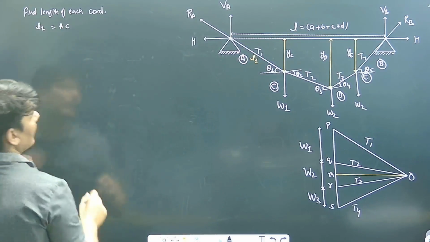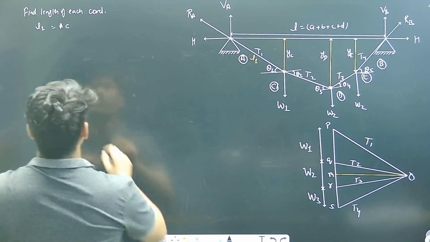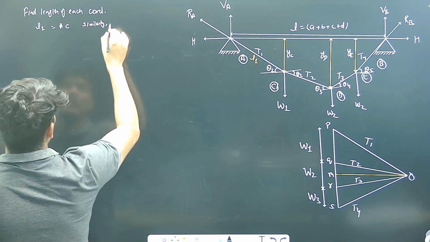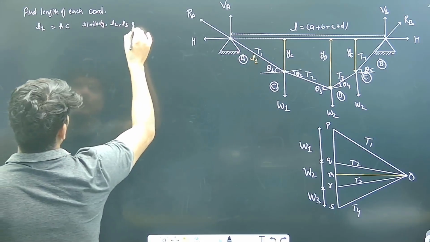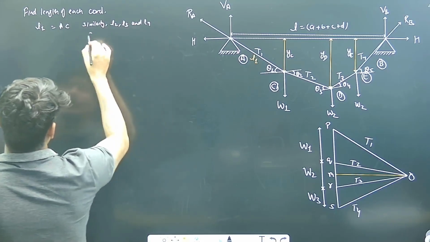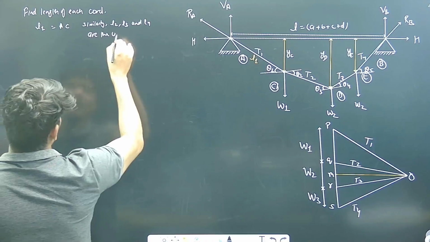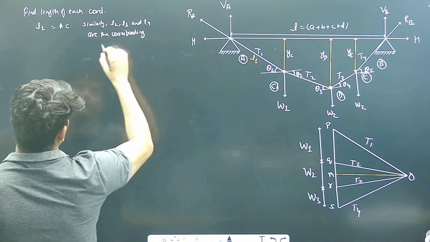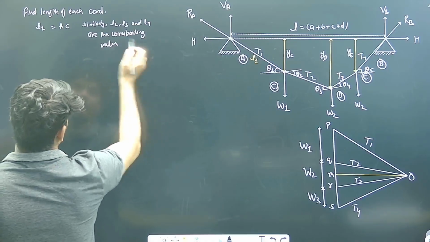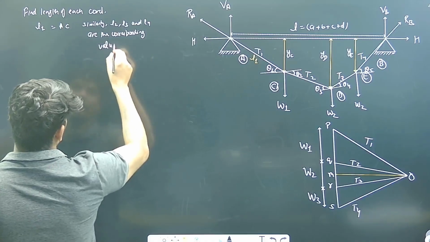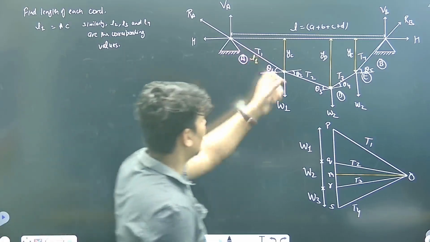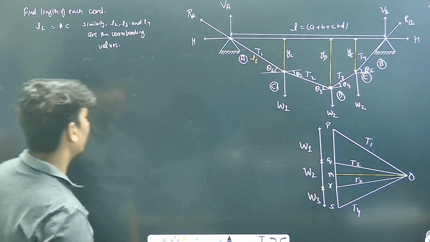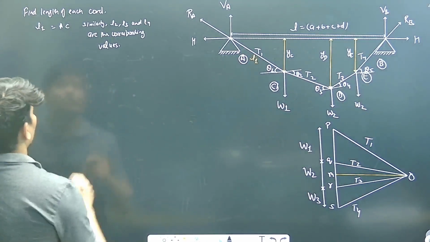AC। AC कोड का जो लेंथ है वो L1 है। सिमिलरली L2, L3 and L4 are the corresponding values। मतलब यहाँ पे L1, ये L2 हो गया, ये L3 और वो L4।